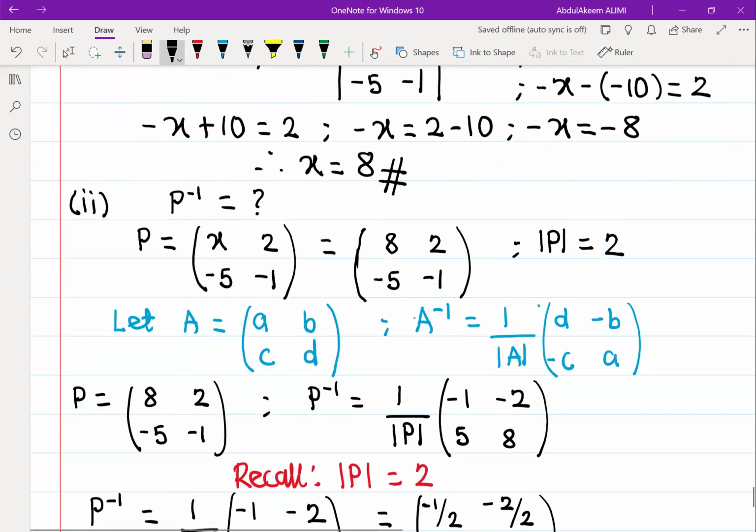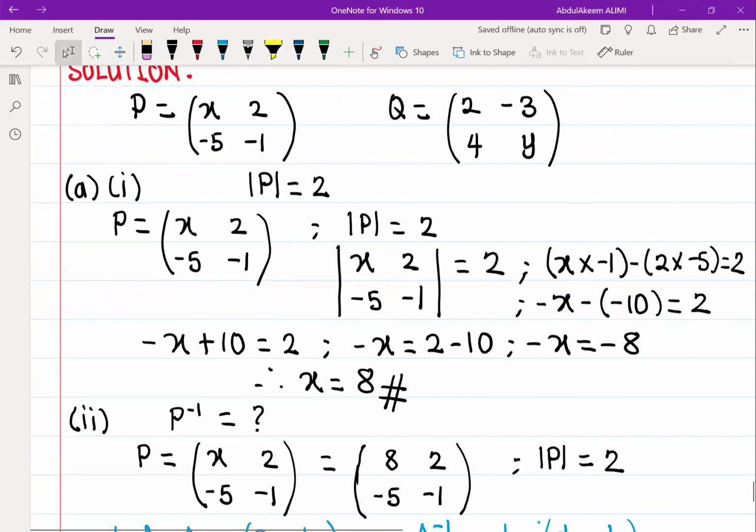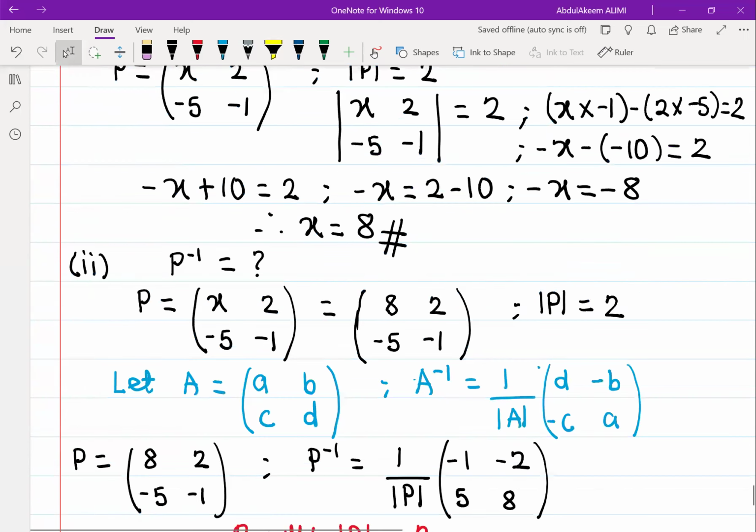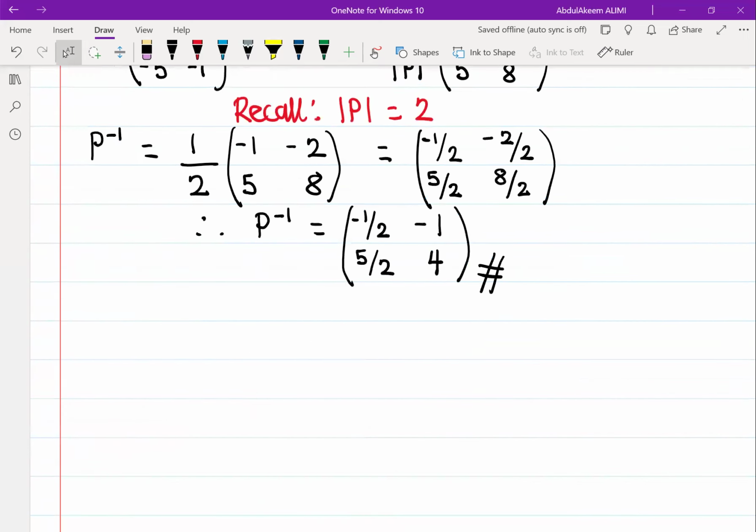Let's check the next question. I've done Roman figure 1 and Roman figure 2. Let's check Roman figure 3. We are told to find the product of P inverse and Q prime, where Q prime is Q transpose. So let's take for instance, how do I get it? Let A equal